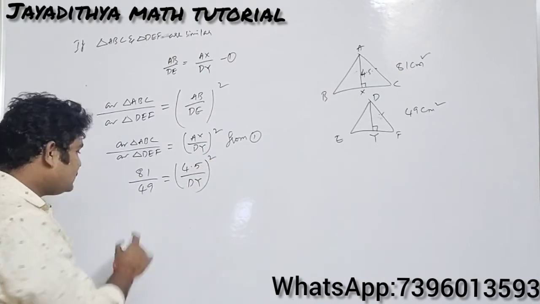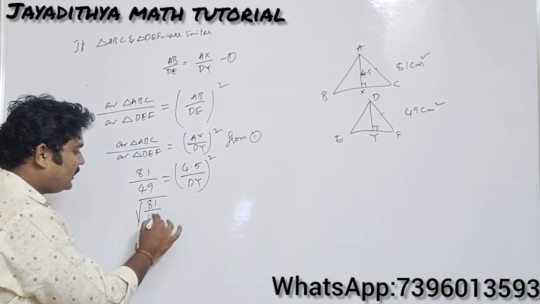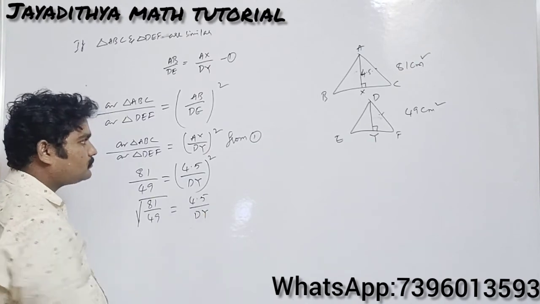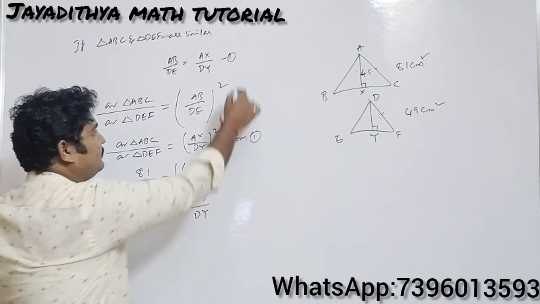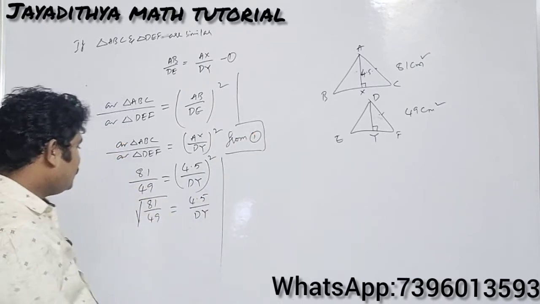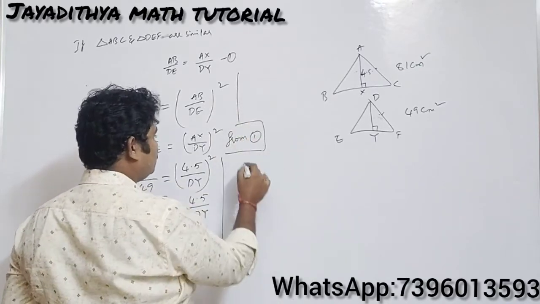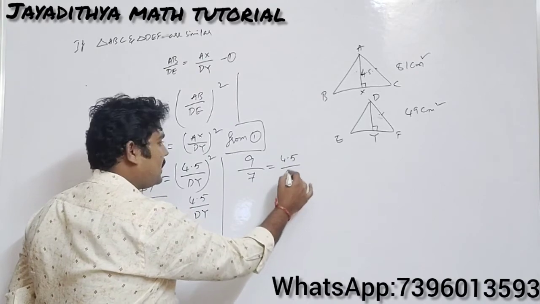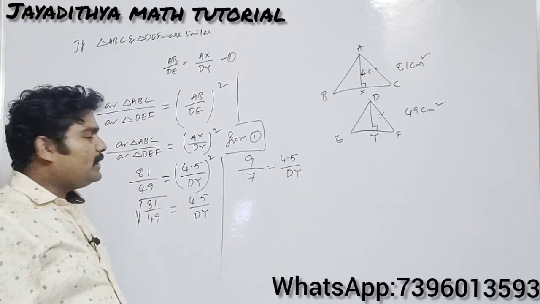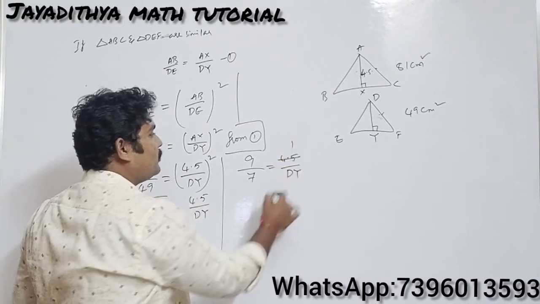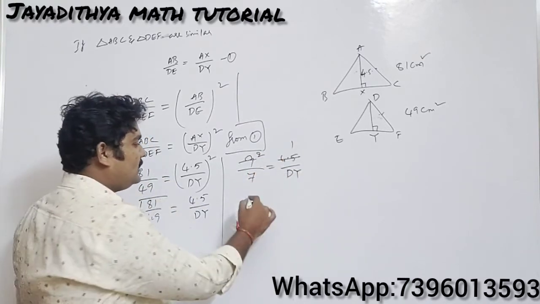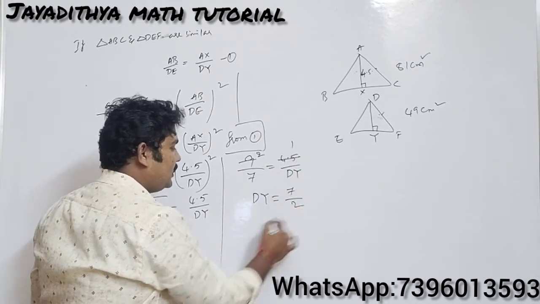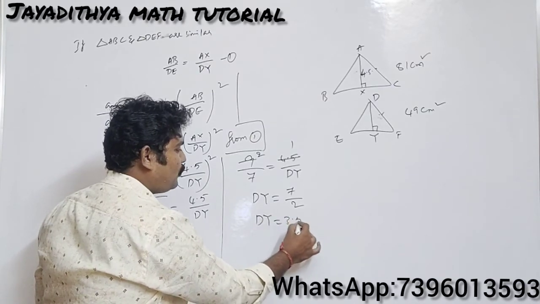So take the square to LHS, that will be root over 81 by 49, which is equal to how much? So that is 4.5 by DY now. If you simplify further, what happens here? Root 81 is how much? Root 81 is 9 and root 49 is 7, which is equal to 4.5 by DY. Okay, so here you can observe I am cancelling like this: 4.5 ones are 4.5, 4.5 twos are 9. So what is DY here? DY becomes, when 7 comes to the numerator and 2 comes to the denominator, so the DY value is 3.5